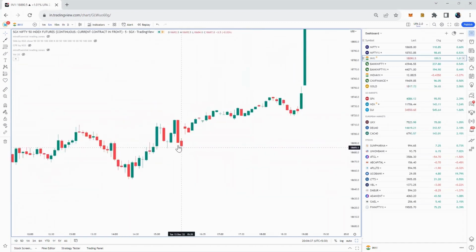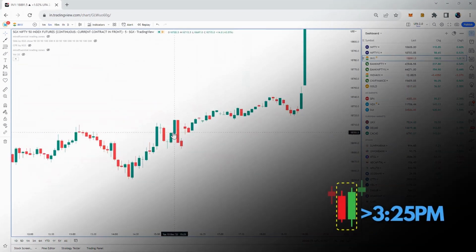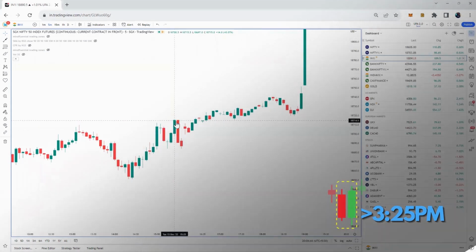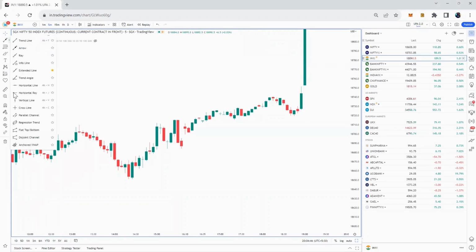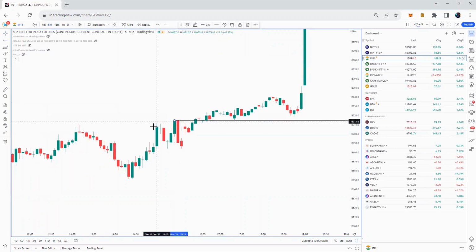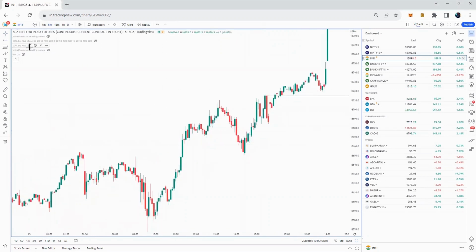That means our markets closed around 3:30. So the 3:25 candle you need to see, because it will start at 3:25 and end at 3:30. That means the market closed around this area. And the volume also will be higher